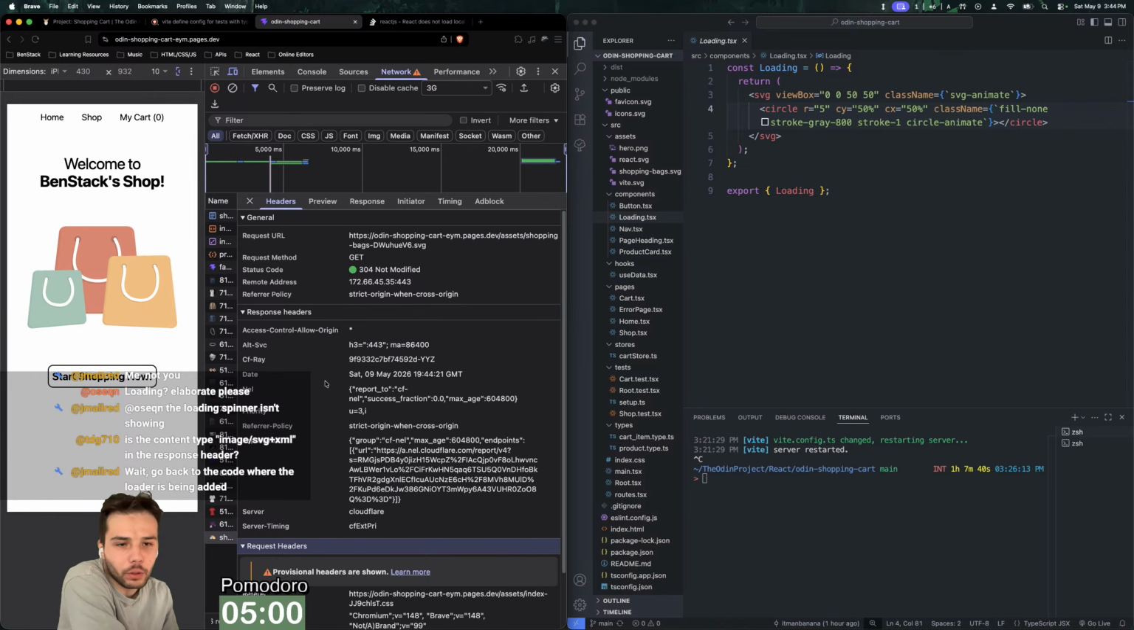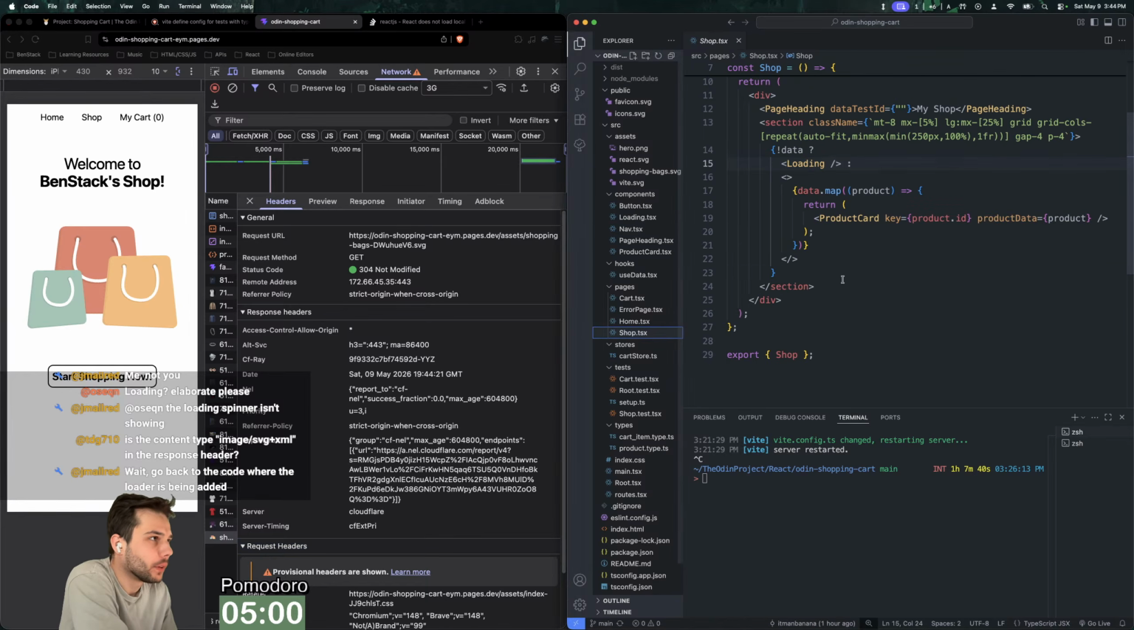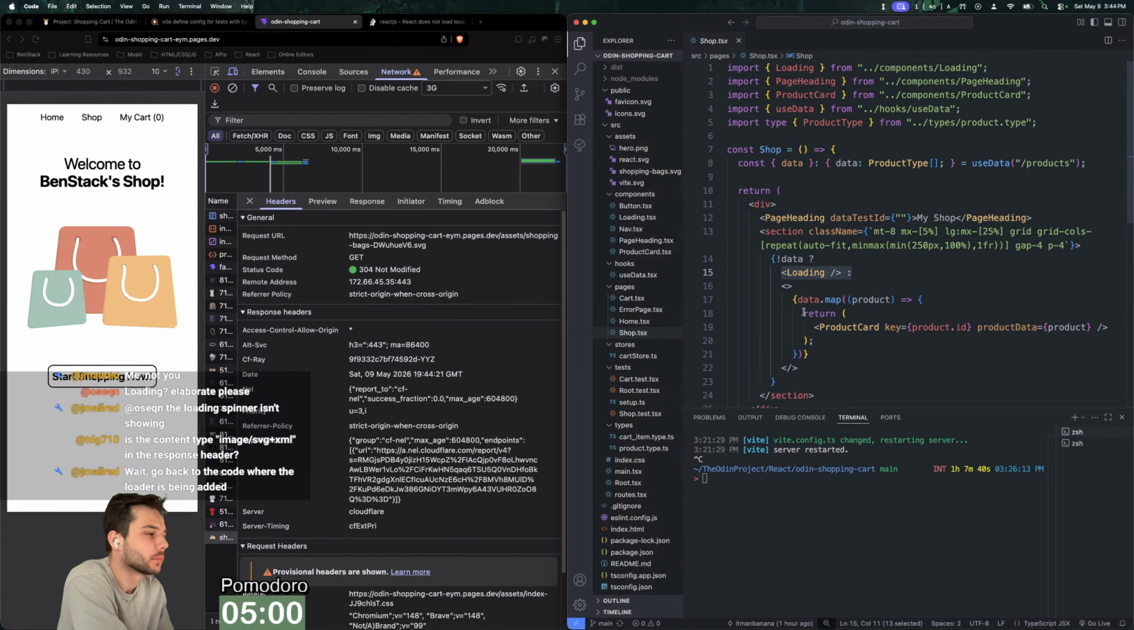Wait, go back to the code where the loader is being added. Yeah, I'll go there. So it's here. Right? So I import it, and then if the data is not loaded yet, then I put the loading